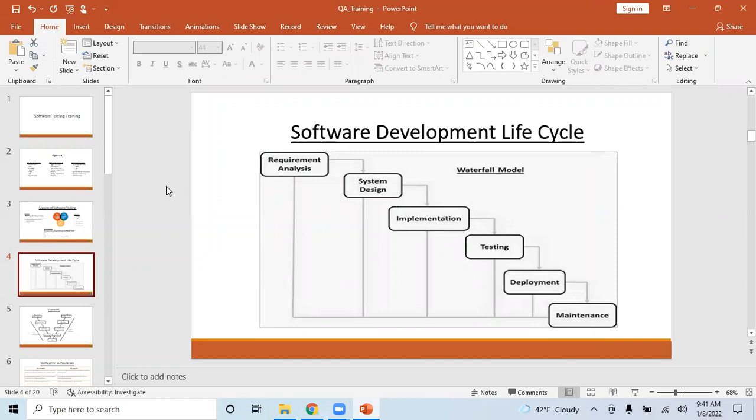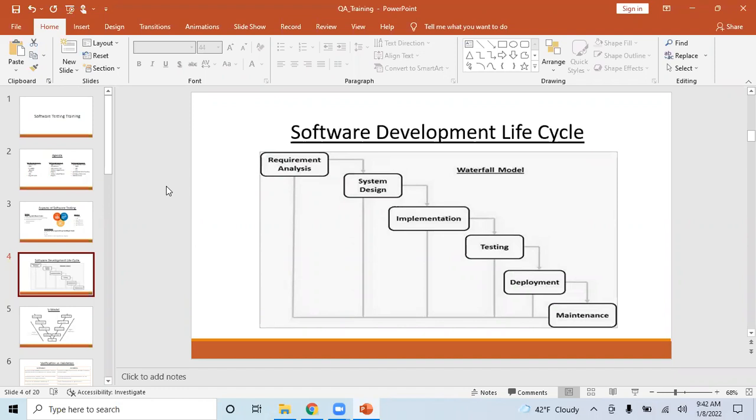But the very important thing here is that in this slide you should have a good understanding of how software is developed, what kind of life cycle is followed, who is involved in each life cycle, and what the output of each life cycle is. These are the three important aspects that you need to understand. So if you have any doubts, keep asking.